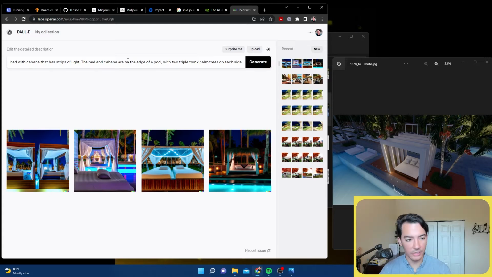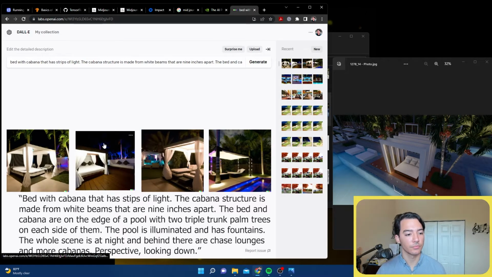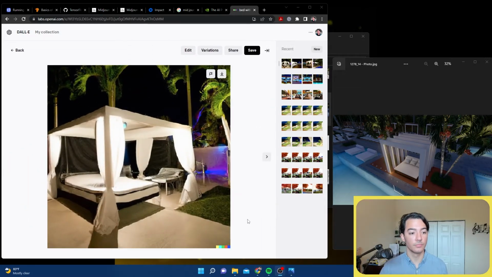Maybe I can edit this now to be closer to the original. Okay, so I got the white.